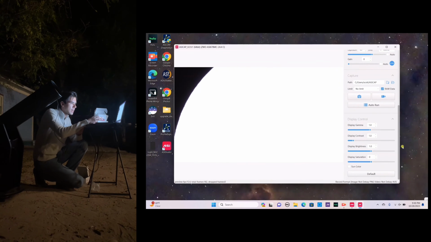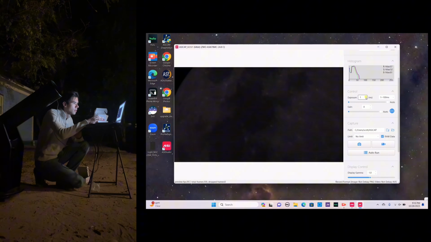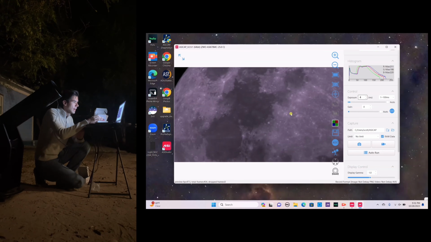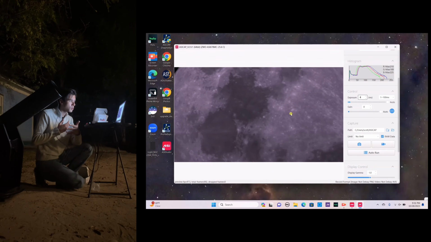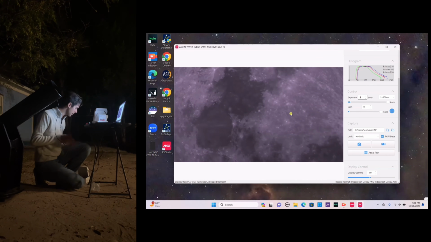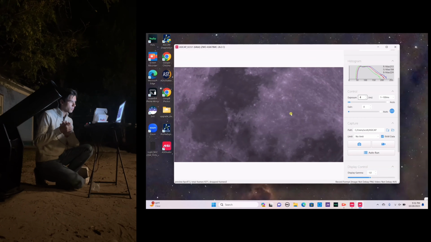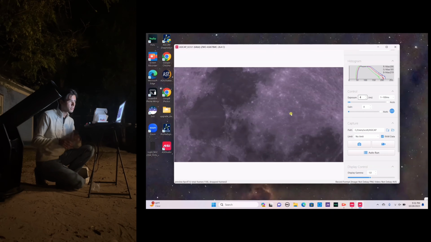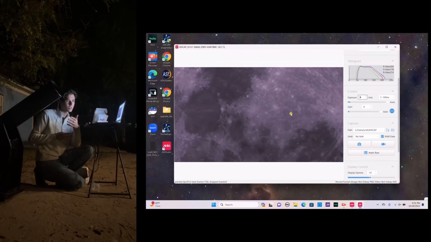I guess I had to reset the amount of gain and everything we have here. So let's lower this down. There we go. And as you can see, the ASI 678 does not have as high of a zoom. The pixelation here is much more clear than the 662, I believe it was. But the one thing that we do have to appreciate about the 662 is the fact that we do have a higher amount of zoom, which means that in planets such as